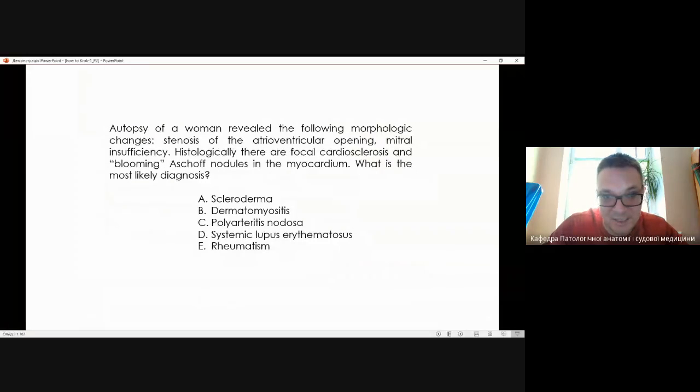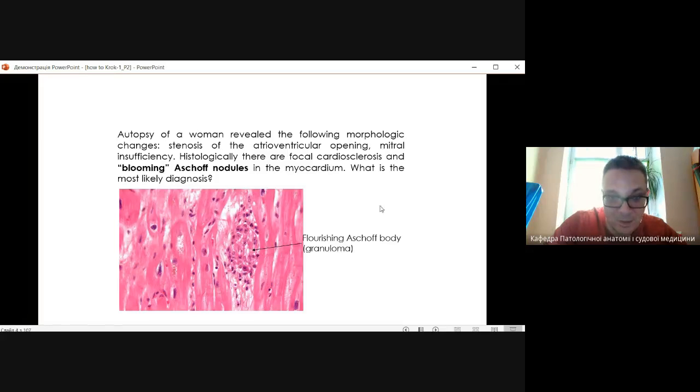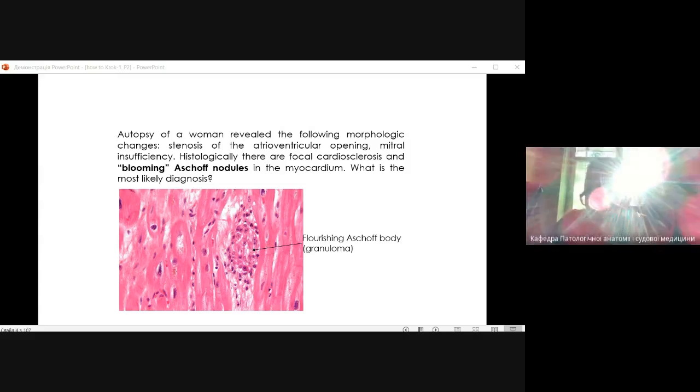So, the first question I want to discuss today is about the autopsy of a woman that revealed the following morphologic changes: stenosis of the atrioventricular opening, mitral valve insufficiency. Histologically, there are focal cardiosclerosis and blooming Aschoff nodules in the myocardium. What is the most likely diagnosis? You see, just to remind you, what does it mean, the blooming, or in fact flourishing Aschoff body, or granuloma, which is mostly associated with